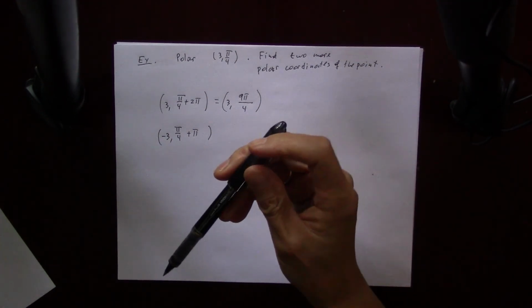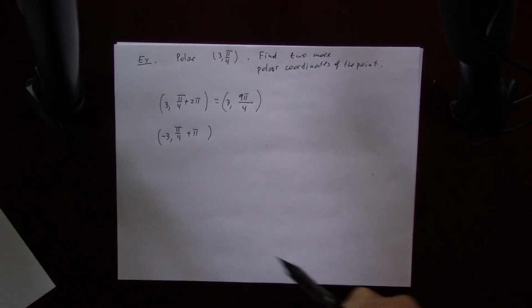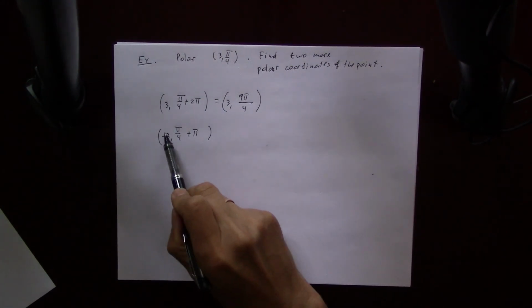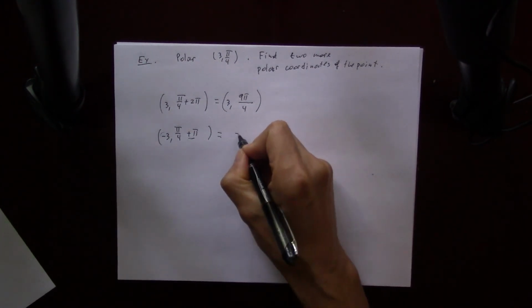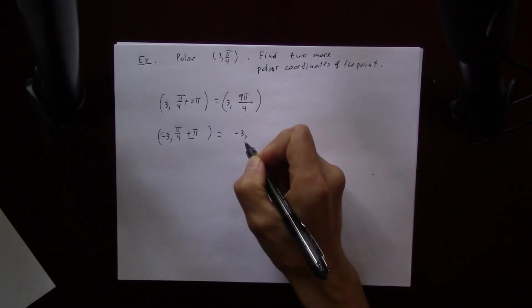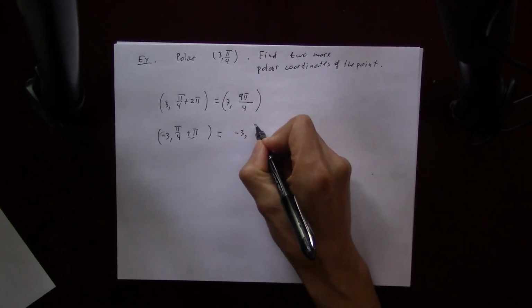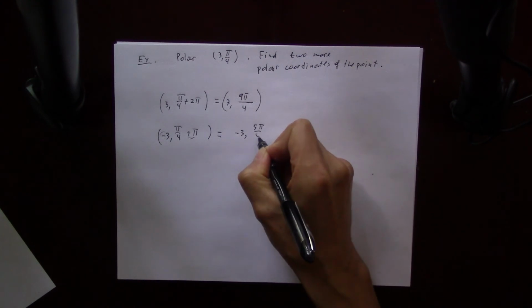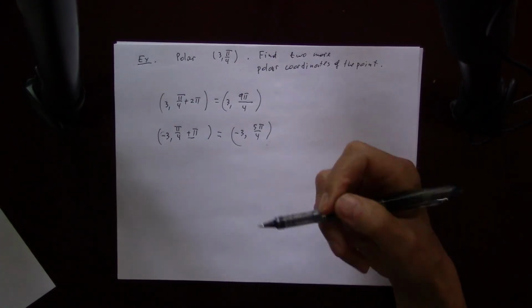Instead of going this way, we switch it by an extra pi, switching to the opposite direction. We switch direction twice. Put in a minus and put in an extra pi. So it's the same point. So we have negative 3 and 5 pi over 4. So those are two extra ones, and you can